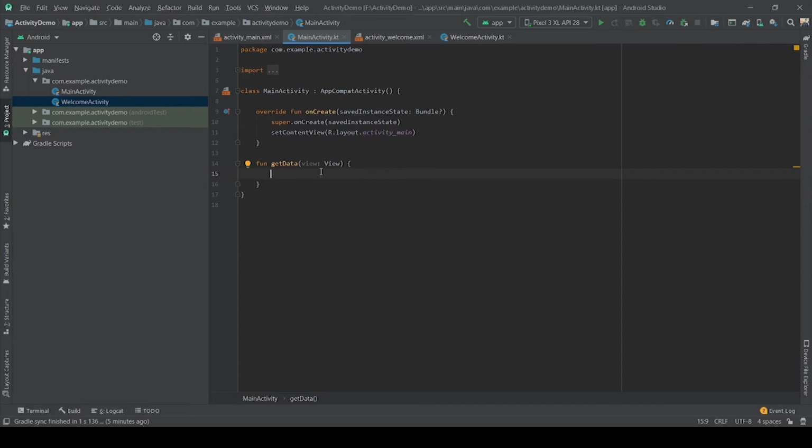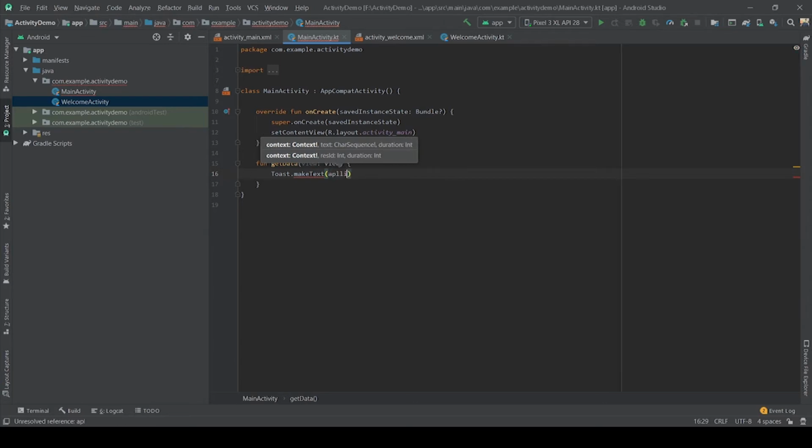So to create a toast, we will just use Toast.makeText. We will make a text. It takes 3 arguments. First is context, second is the character sequence, which is the text you want to add, and third is the duration. So I want my application context, which is this. You can also use this, or else you can use